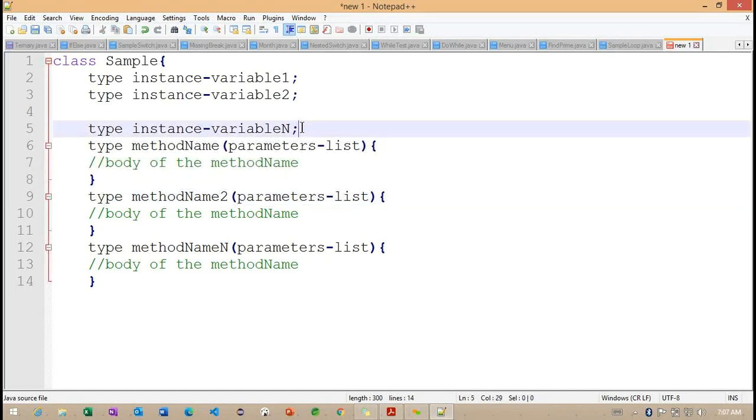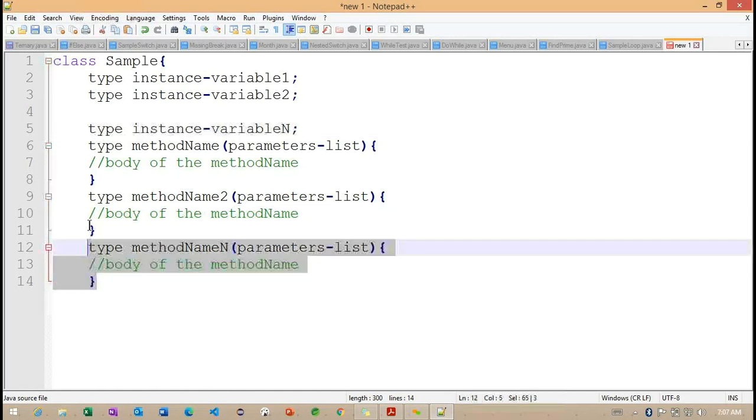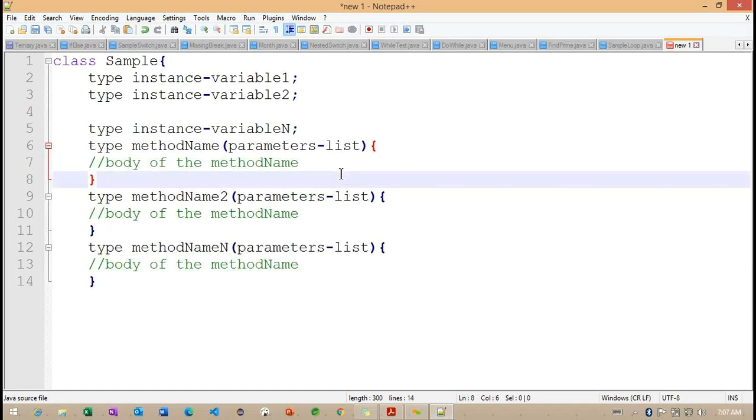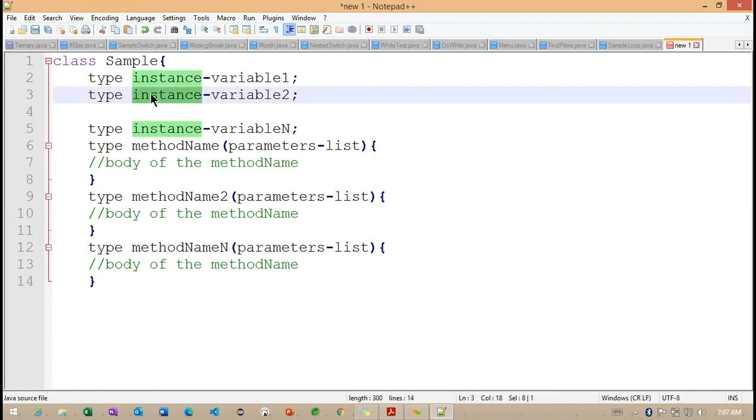This variable section is the instance variable, and if we add a method, together we call them the members of the class. So what are the members here? The methods and variables.